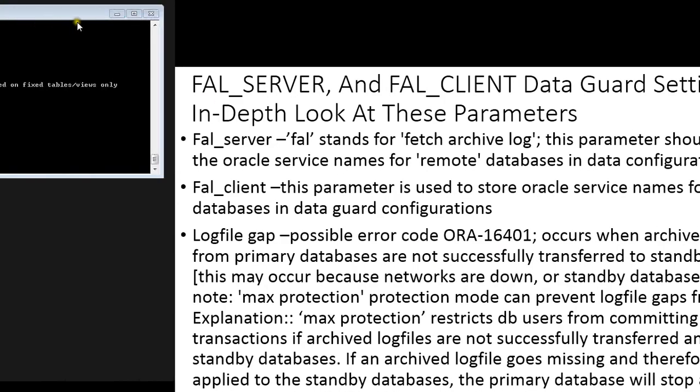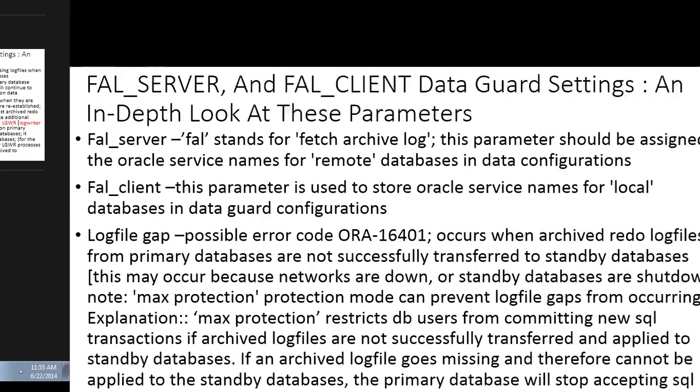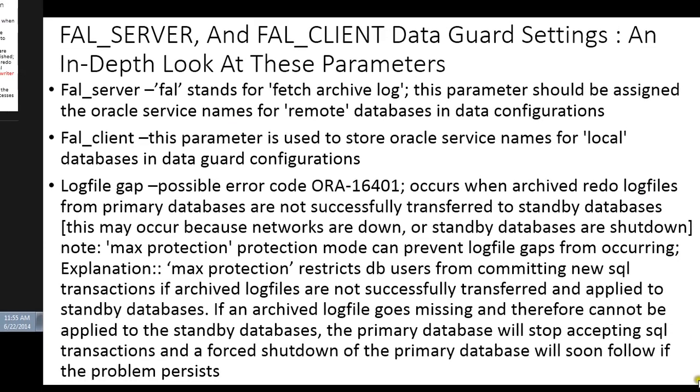So for Data Guard, when you configure your primary and standby database, you have these two parameter settings, right? The FAL_SERVER and the FAL_CLIENT. FAL stands for fetch archive log, and basically what you're doing is you're assigning service names to these databases. So in terms of what values to assign to these parameters,